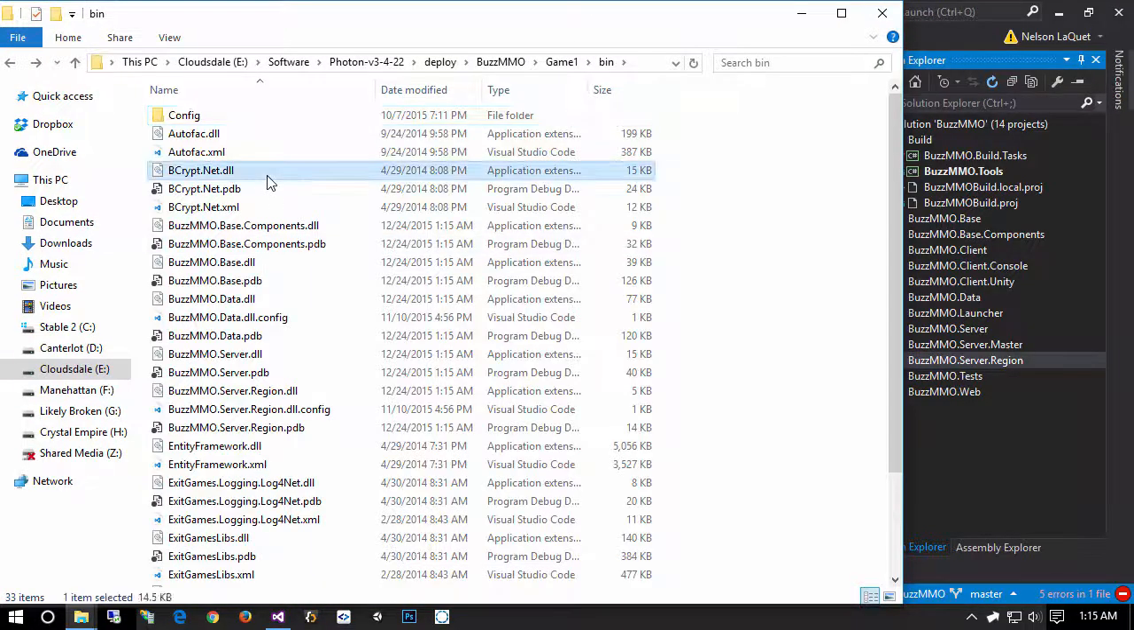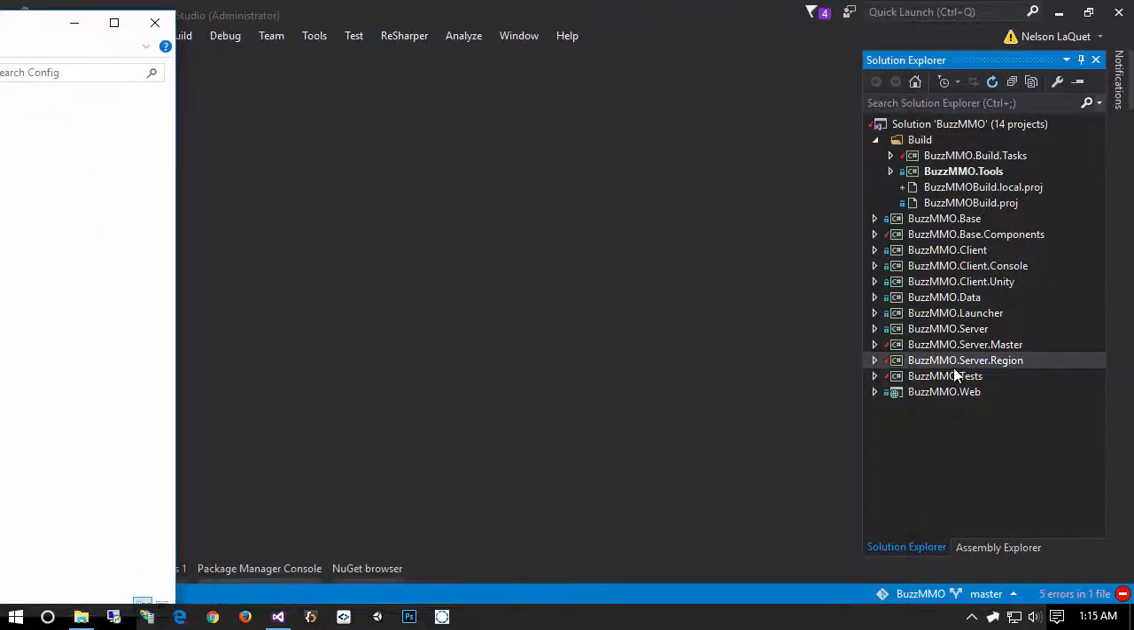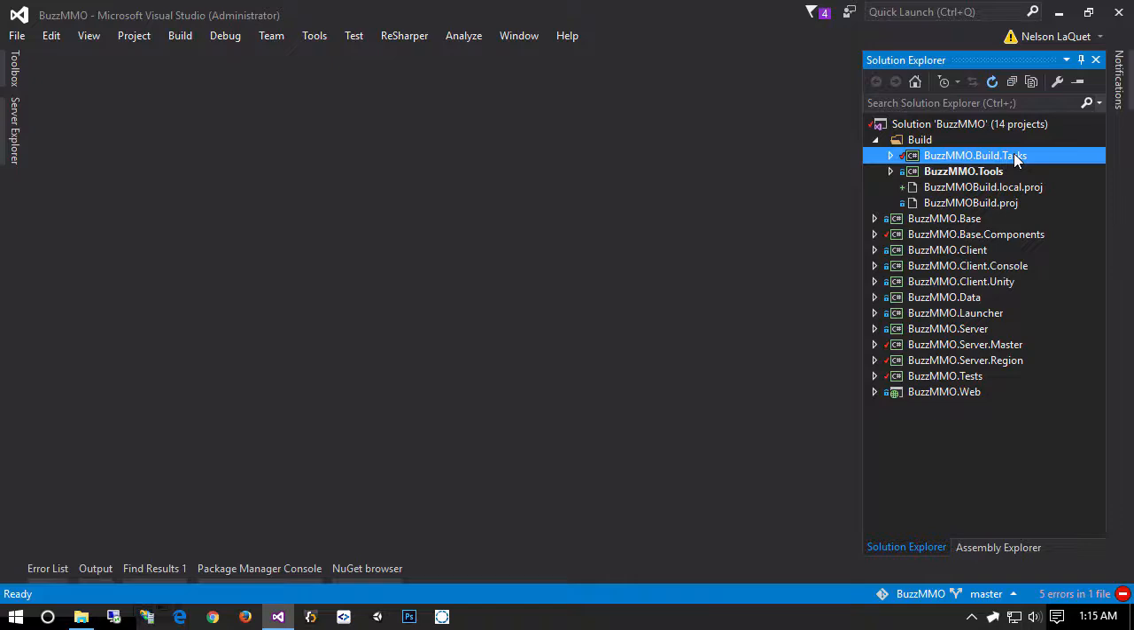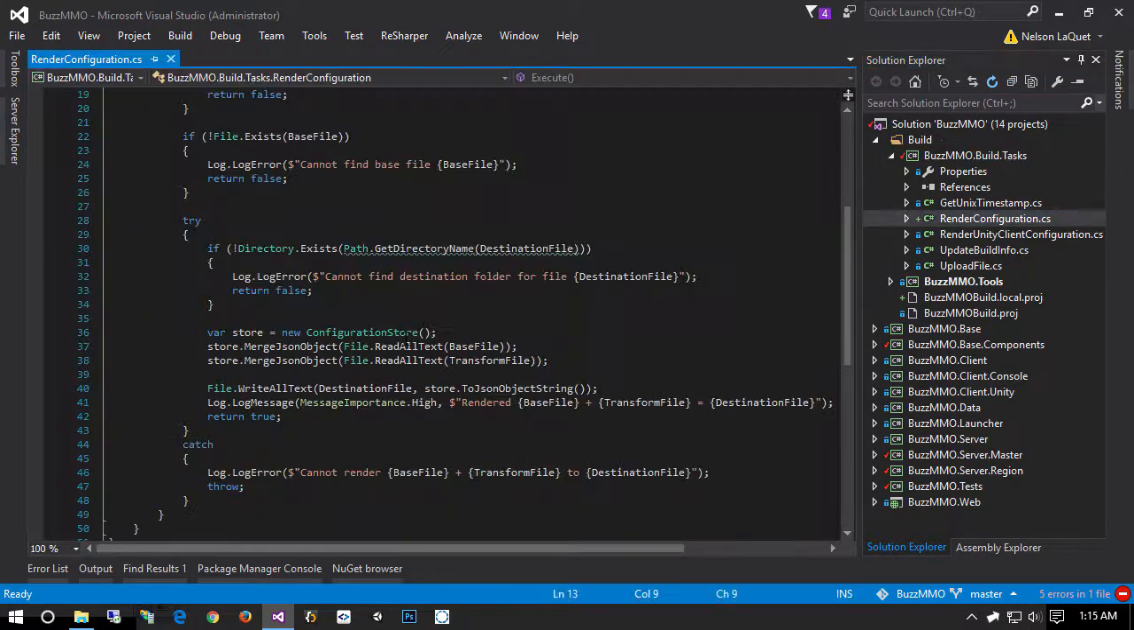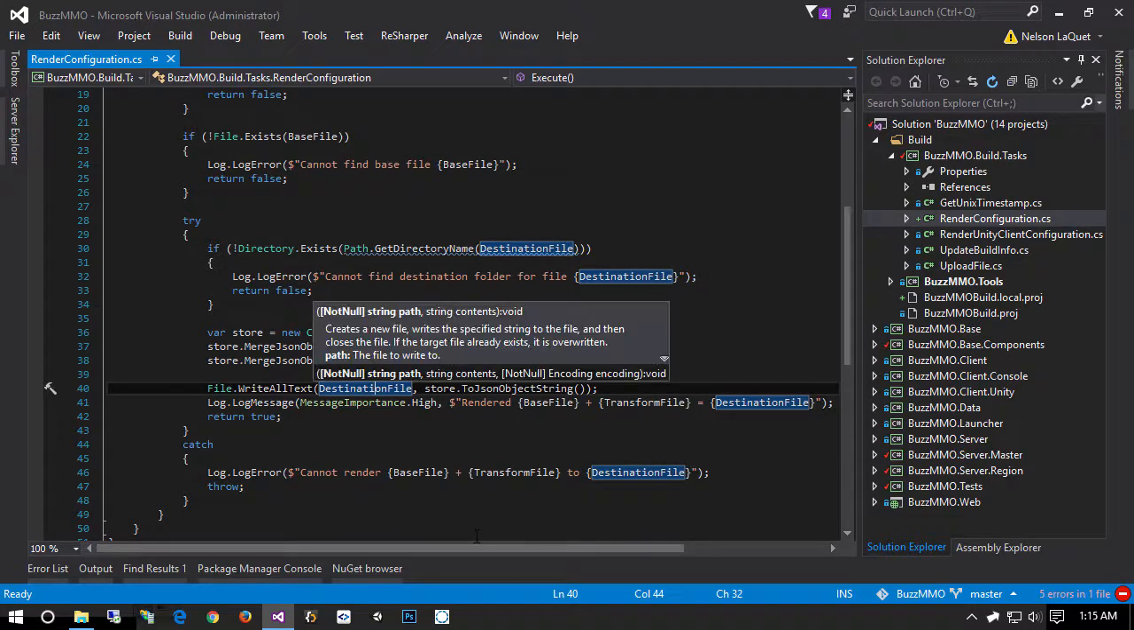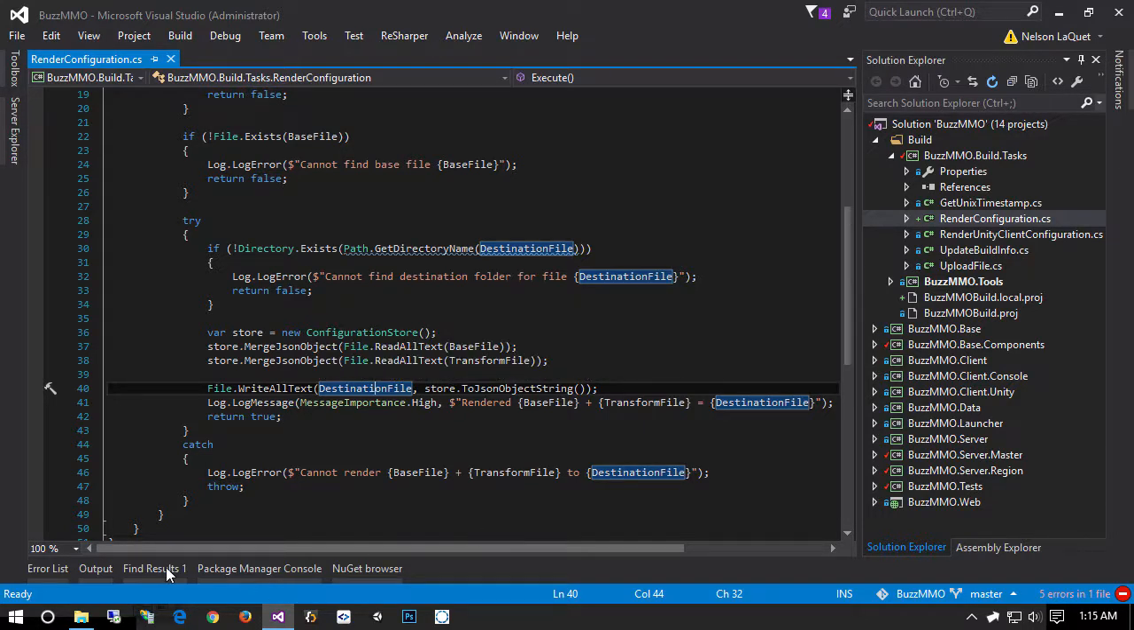Okay, we're still getting that weird folder and not a file. So I'm gonna go ahead and open up my build tasks, render configuration, see what's going on here. So we have Vital Text destination file, which is indeed the file, the path to the file. And if we look at our output, we should see